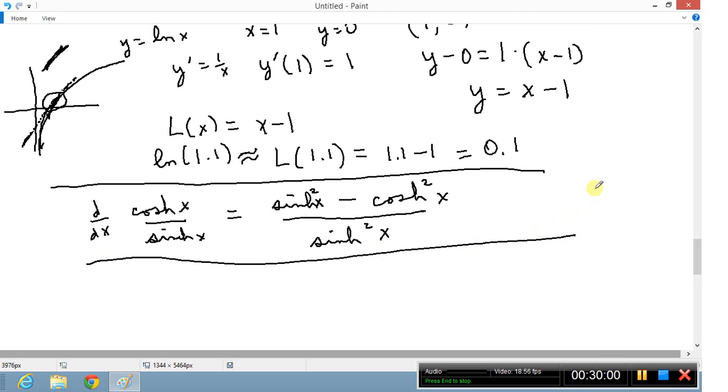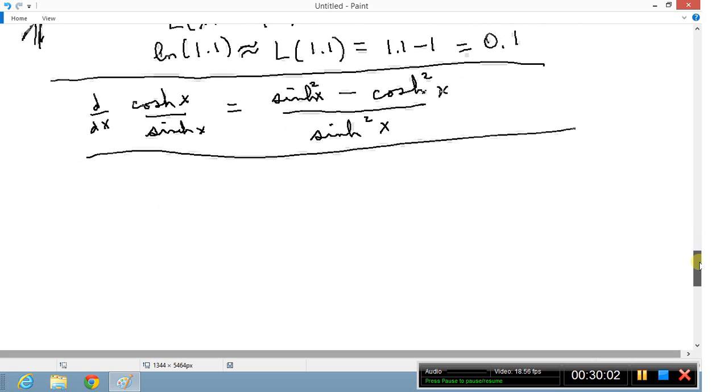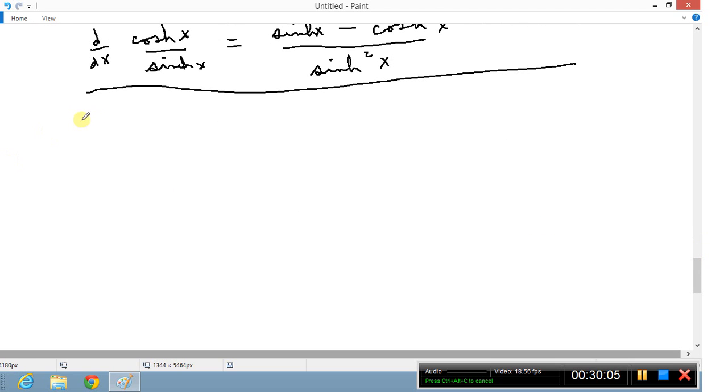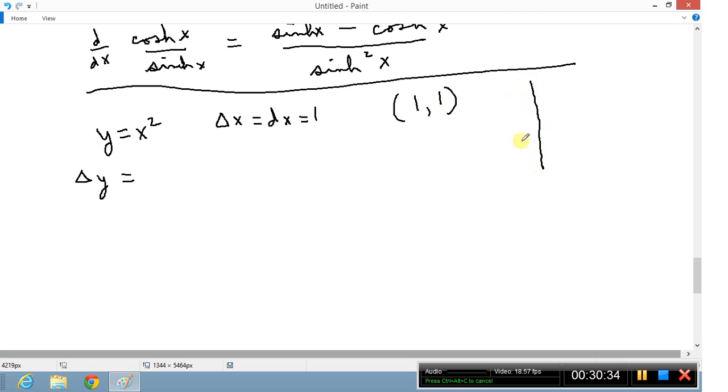Okay, differential problem. You had to compute delta y and dy, where y equals x squared. So you're given that delta x and dx are both 1, and the point that you're given is 1, 1. So the easiest thing to do is to calculate delta y. Delta y is just the change in y going 1 unit from 1, 1. So let's start the picture here. If you draw the graph of y equals x squared,